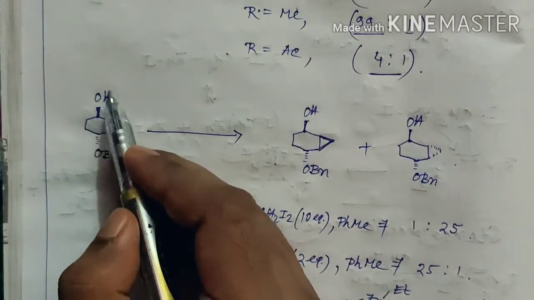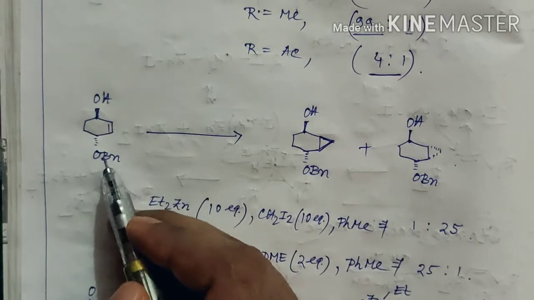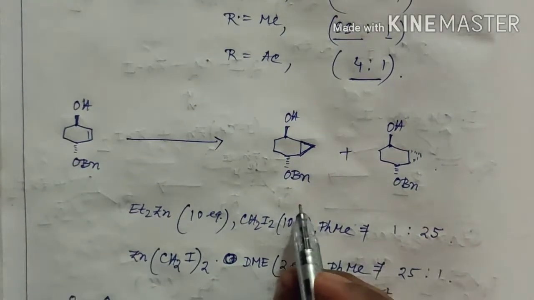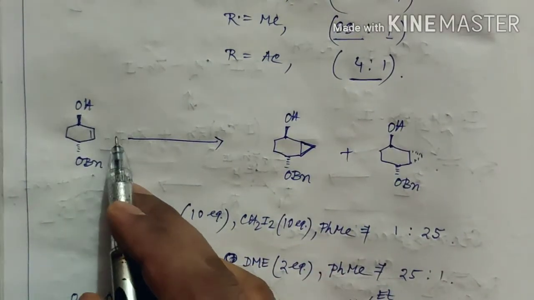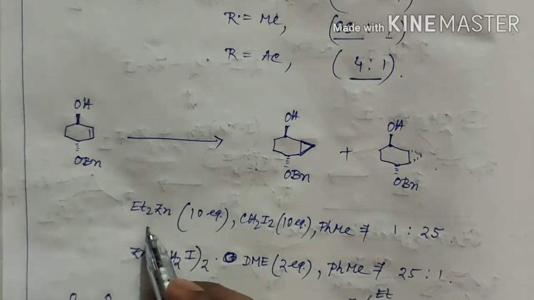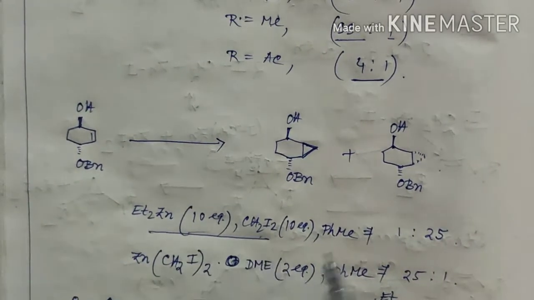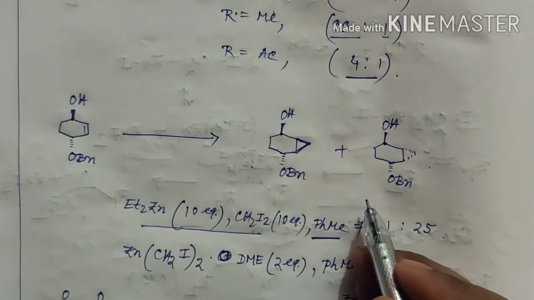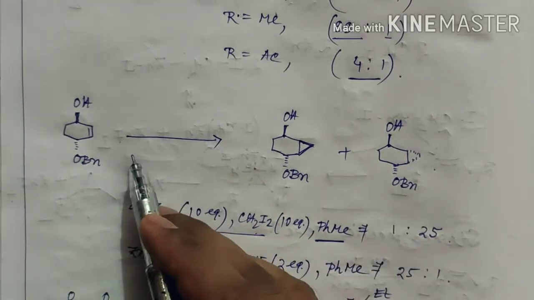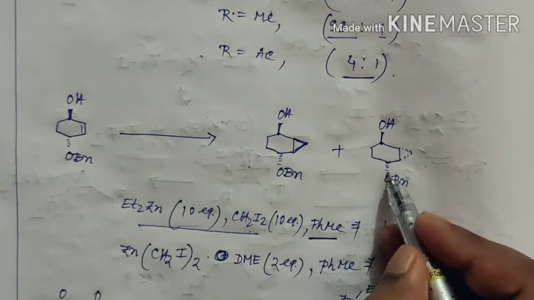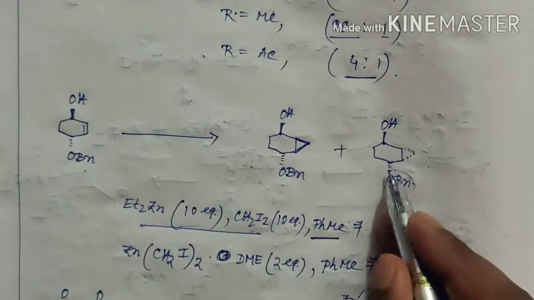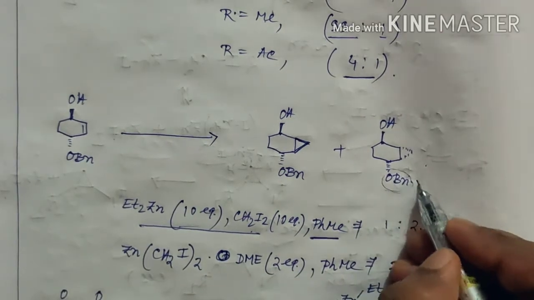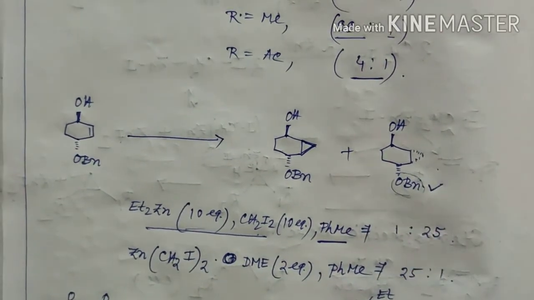Now, if there is both an OH group and an OR group, what will be the stereoselectivity of addition? It is observed that if the cyclopropane ring formation is performed with excess zinc carbenoid species and in a non-coordinating solvent, then the stereoselectivity of cyclopropane ring formation will be dictated by the O-benzyl group, and in that case the diastereoselectivity ratio is observed as 1:25.